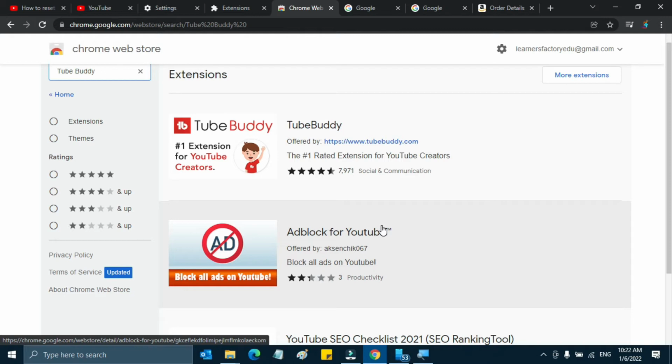There are so many extensions available as of now, and similar extensions might be there. Then you have to do your own research to find the exact extension. Okay, I think you got it, guys. And now I am going to choose my desired extension here.